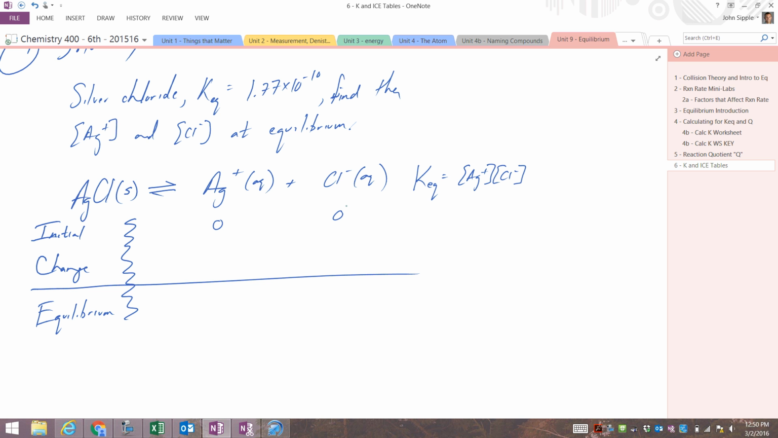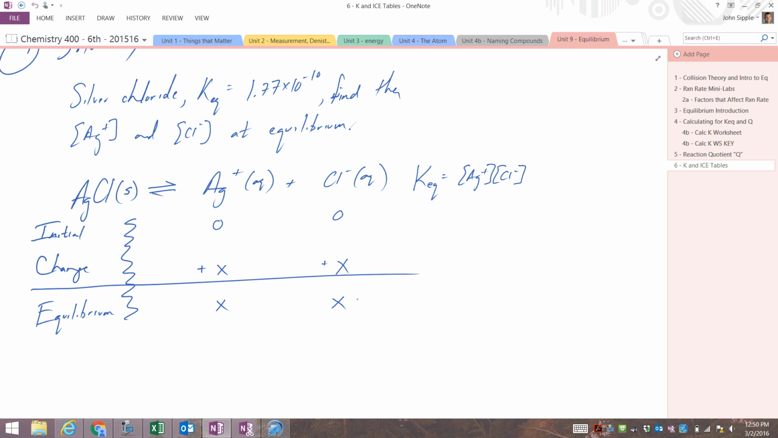All right? We need to figure out what the change is going to be, right? For every one of these I put in, I get 1 silver ion, and I get 1 chloride ion, right? I'll form the same amount of each one, okay? So we're going to call the change plus x and plus x. So then at equilibrium, we should have some x value and some x value. All right, that's as simple as it gets. Okay, so once we got that,